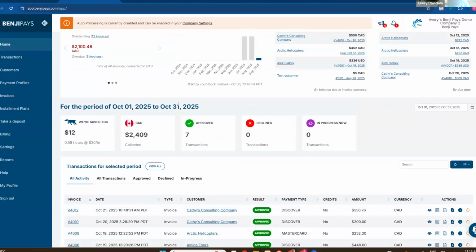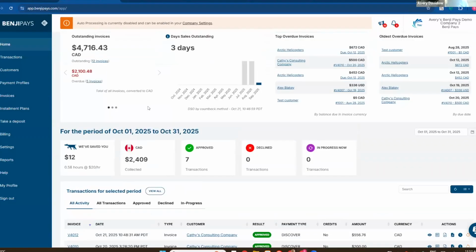So just to get started here, I want to show you a couple of the cool features. In Benji Pays, for one, it has an instant sync with your accounting system. So if it's QuickBooks or Xero, anything that gets pushed to your accounting system from your PSA or from Datagate will be picked up right away in Benji Pays. As soon as it's in Benji Pays, there are a lot of different ways that you can get paid.